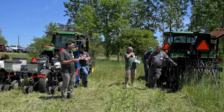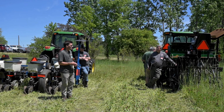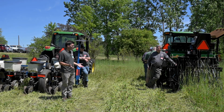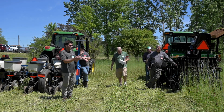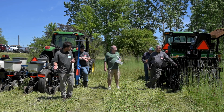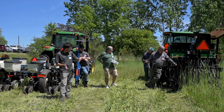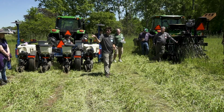One is it actually can be easier to plant into a standing cover crop that's green than one that's been killed. The killed one can be a little tougher to cut into, and can also be laying in different directions and just be harder to plant into. So one that's standing is nice and ideal, because nothing is getting caught in the equipment. The stems will either go between the drills, or they'll get knocked over and lay in the direction that you're traveling. So when you're using